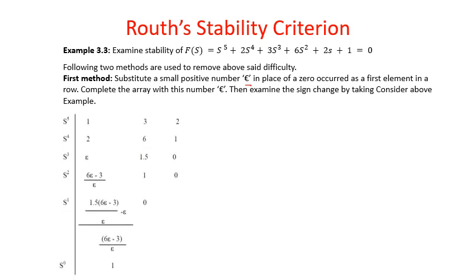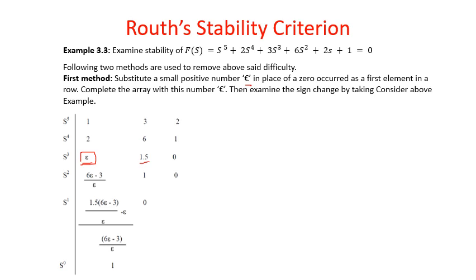So what we do, we fill the same one here: 1, 3, 3, 2, 2, 2, 6, 1. Now where we had 0, there we have replaced it by epsilon. Here 1.5 was there, that is going to be 1.5. Here 0, it is going to be 0. No change in this one. Only we are going to introduce one epsilon here in the first column of the S0th row, where we had 0 in place.